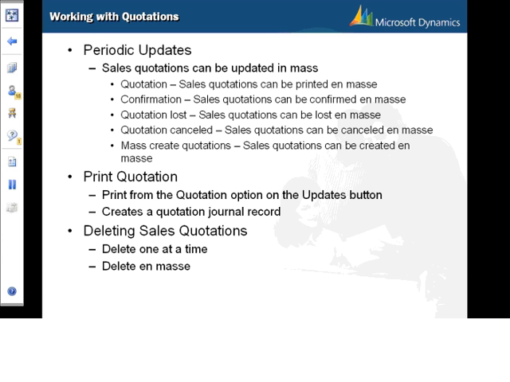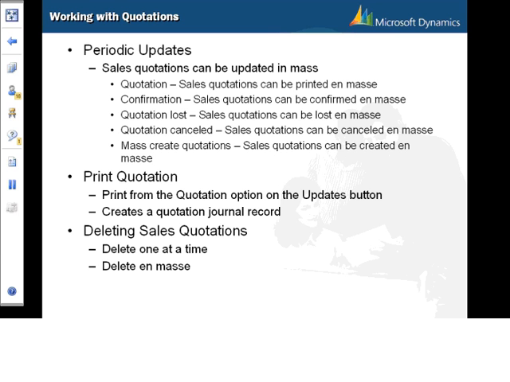If sales quotation information changes, it can be reprinted by selecting the quotation option on the Update button on the quotation form. This not only lets you reprint the quotation, but creates a new quotation journal record also. For example, a customer requests a quote for 10 battery packs. The salesperson creates the sales quotation, prints it, and mails it to the customer. The printing of the sales quotation creates a quotation journal record with a quotation journal ID of, for example,